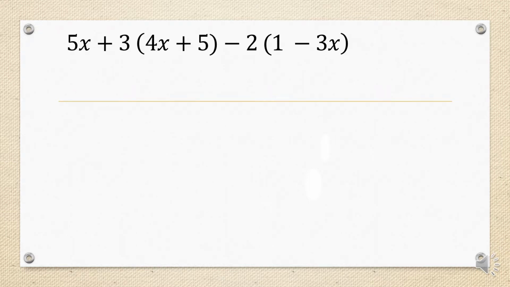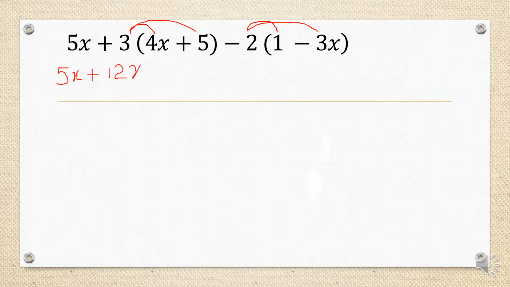Yes, it's much longer. I have 5x plus 3, open brackets, 4x plus 5, minus 2, open brackets, 1 minus 3x. How do I expand this? The same way. Where I have brackets, I will expand the term outside by each term on the inside. So let's begin. I have 5x plus 3 4s are